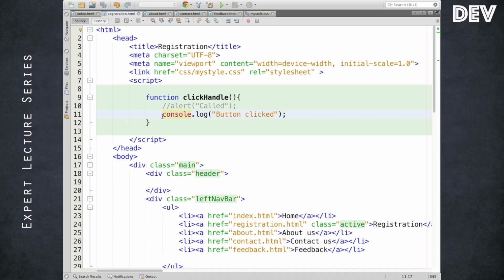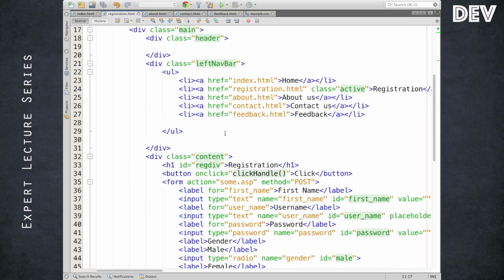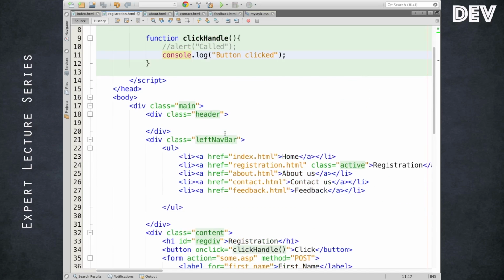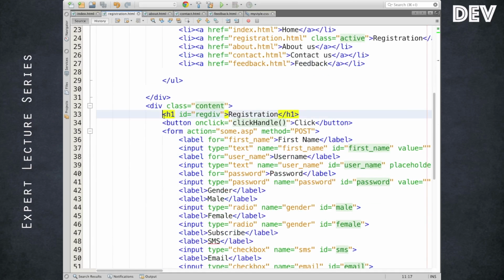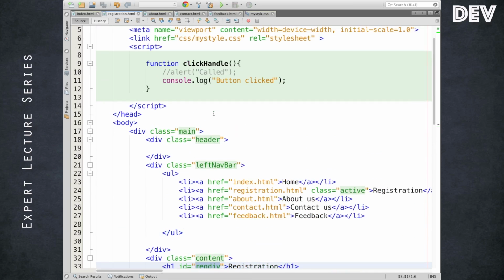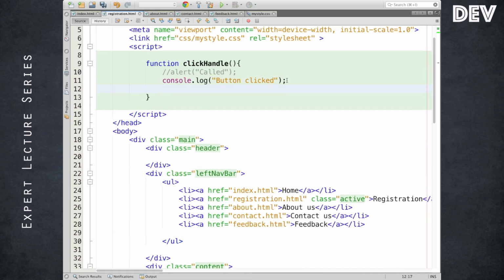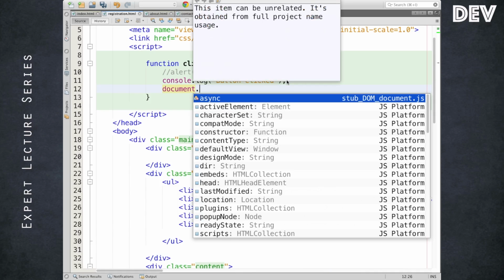Now let's start with the DOM manipulation. I already gave an ID for H1. I hope somewhere I had a heading, yeah, here. So some sort of ID I have given. Document is an object of the entire document, and this object is available globally.